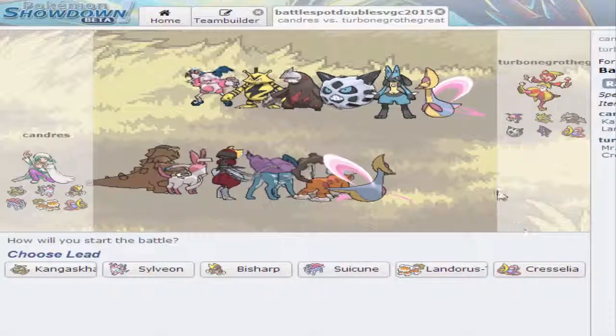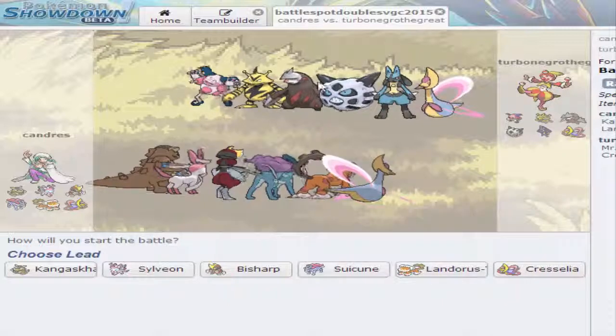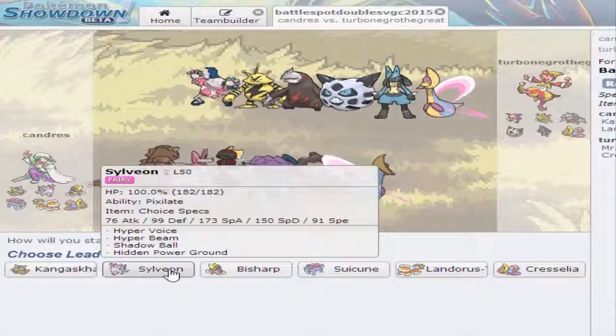Actually, no, this is really... It's funny because he has a team that completely baits Lando-T, and then he's got this big Glalie right here staring me down. So I think what I want to do is actually...